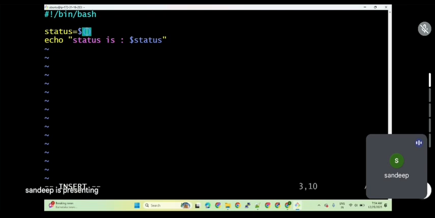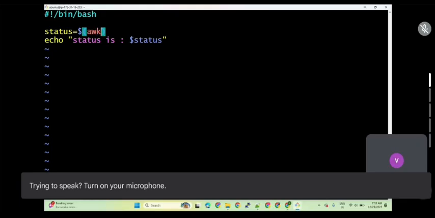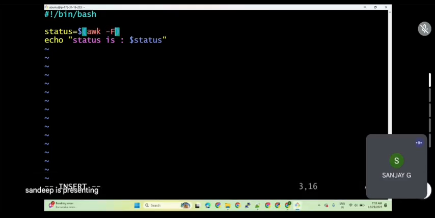So what is the command for the first column? awk command. awk -F, open double quotes, close double quotes, then open a single quote, open curly braces, print $1, close the curly braces, close the single quote, followed by the file name. Let's keep the file name as file1, and the status is